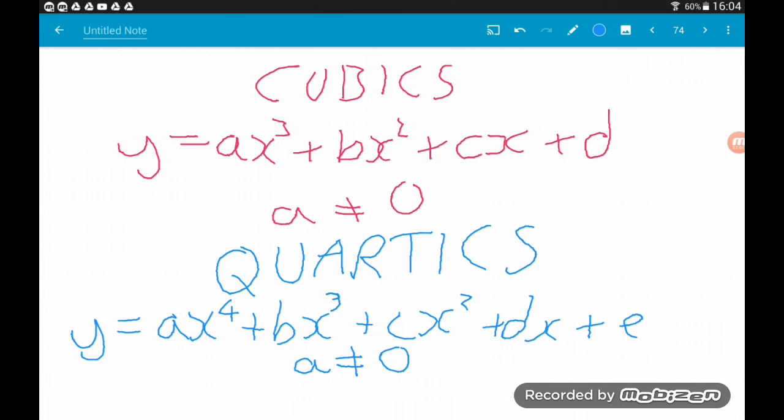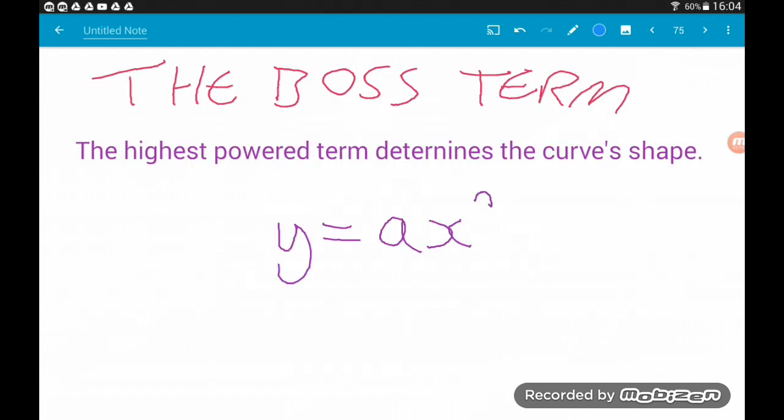Now, in terms of the shape of the graph, what I like to call the boss term is the highest powered x term. So the ax to the power of n determines the shape of the graph, or more where it comes in and where it exits. Of course, the rest of the polynomial determines how many times we cross the x-axis and so on. But to show you what I mean,